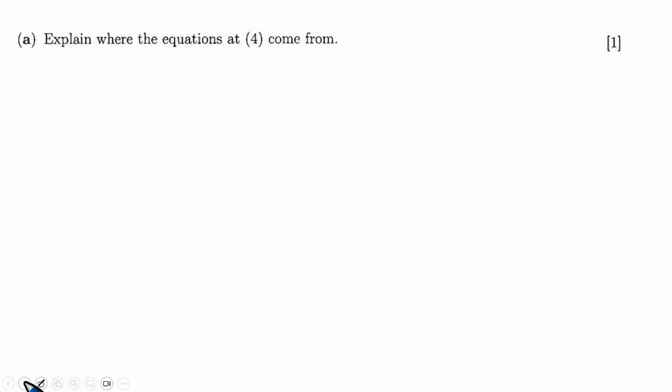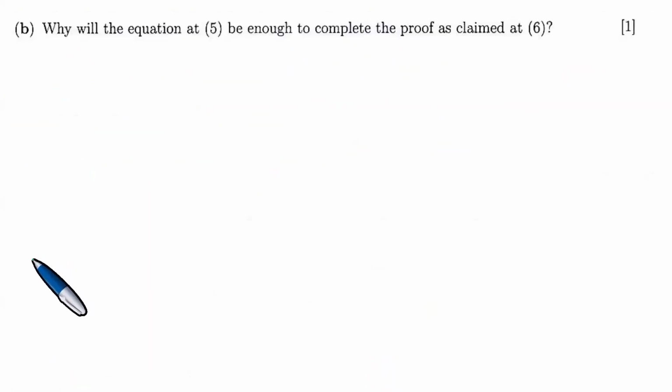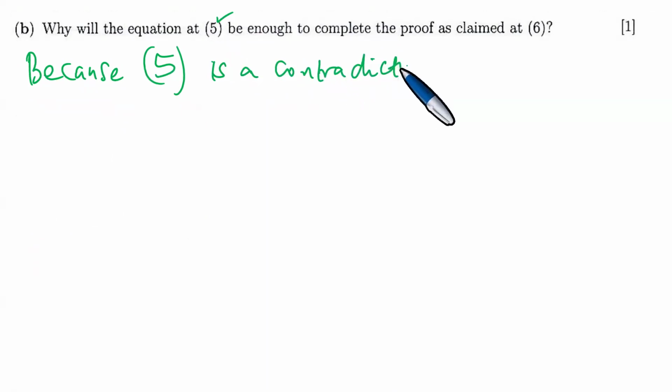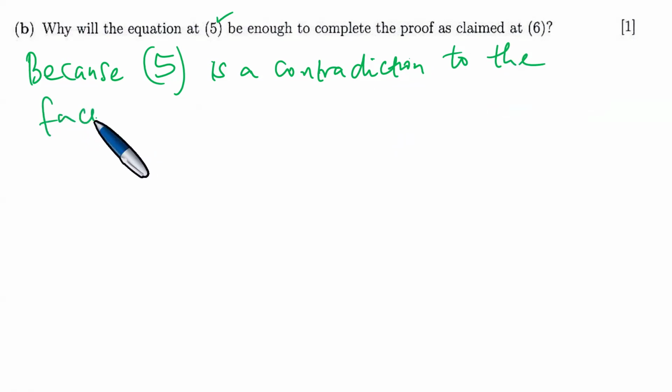Okay, there are many things you can say there, but let's write the following. Let's say that at this point, this is actually because the fifth equation is a contradiction. And we want to discuss why it is a contradiction, as we've just mentioned. It's a contradiction to the fact that